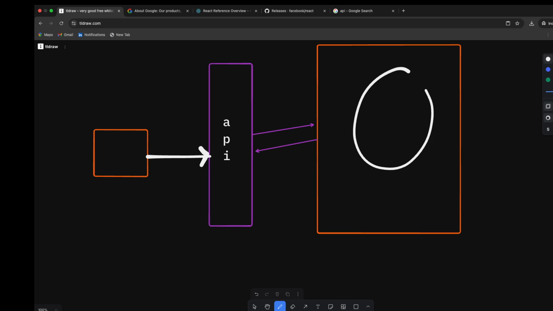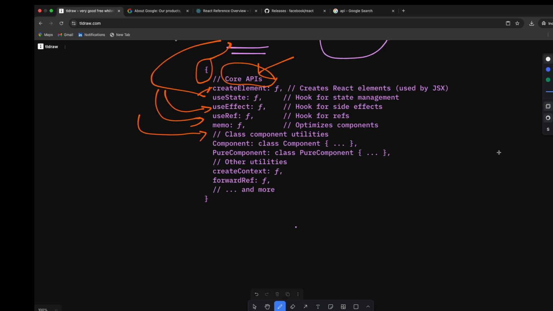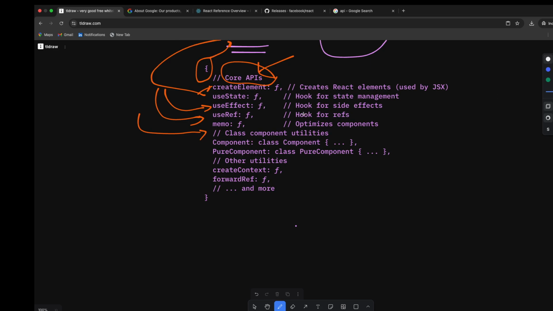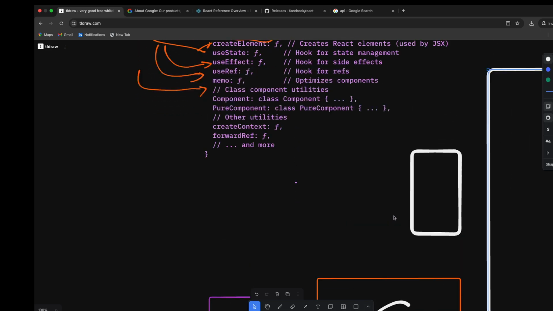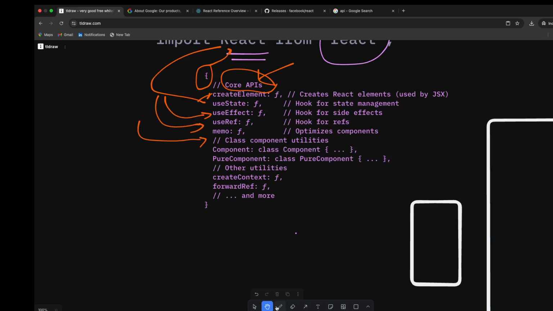Now in React, the React object. Instead of exposing the underlying implementation, the API is what is going to do the work for you. Instead of exposing the logic behind this, you provide an interface using which you can access the React object. So instead of us as developers directly accessing the core React package or the core React object,